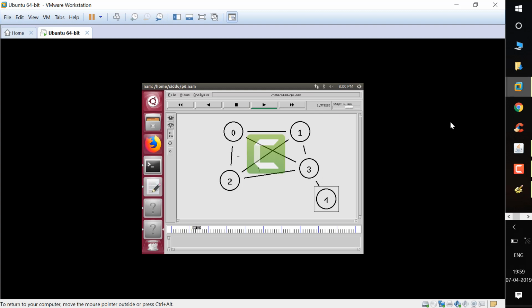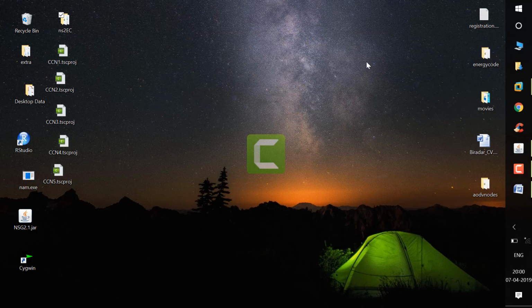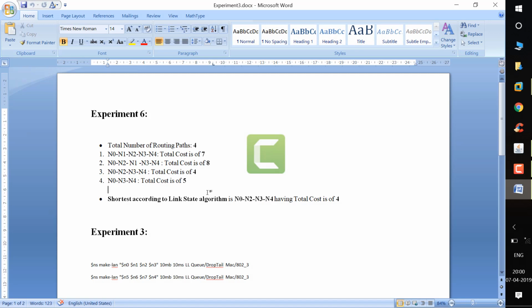You can see packets are transmitting from n0 to n2, n2 to n3, n3 to n4, because that is the shortest path based on the cost value, right? So this is how the link state routing protocol is going to follow the shortest path. You see n0, n2, n3, n4.